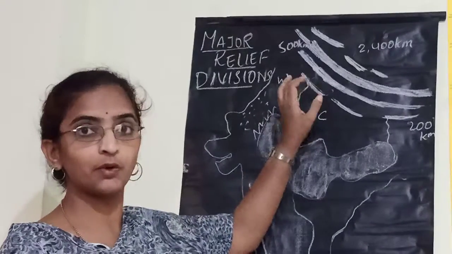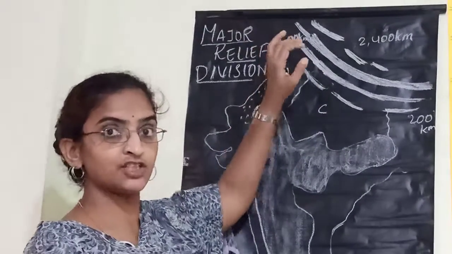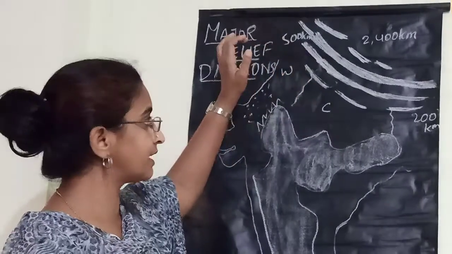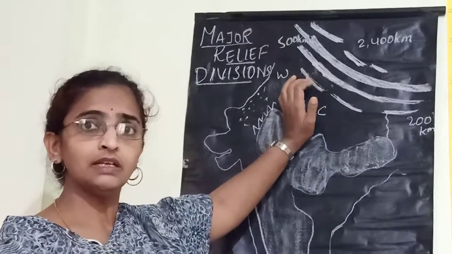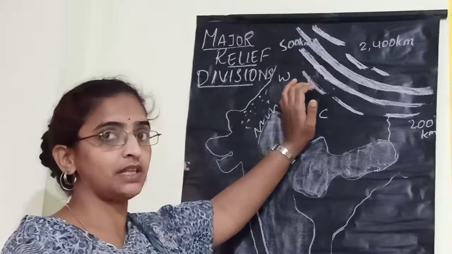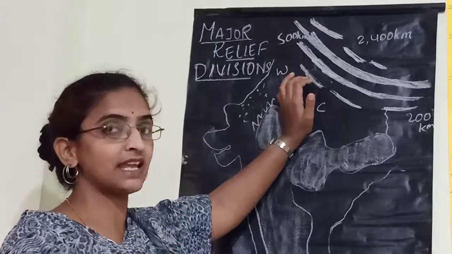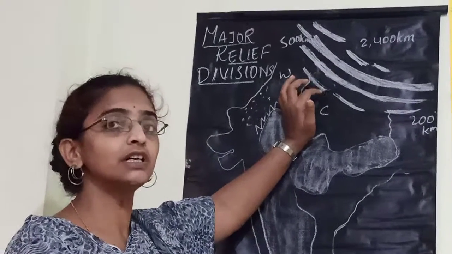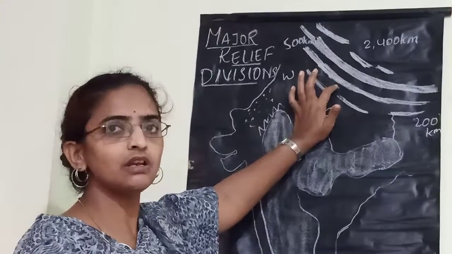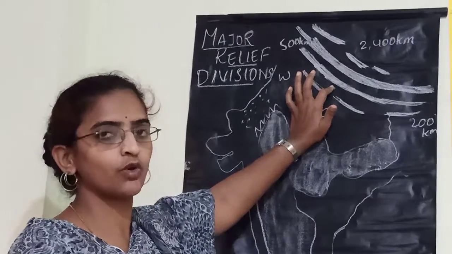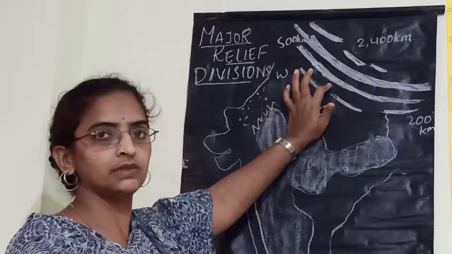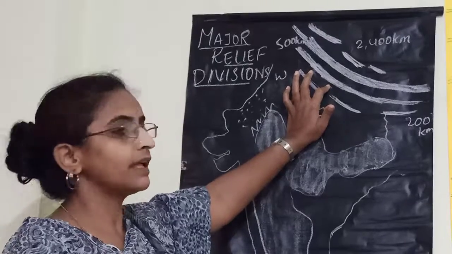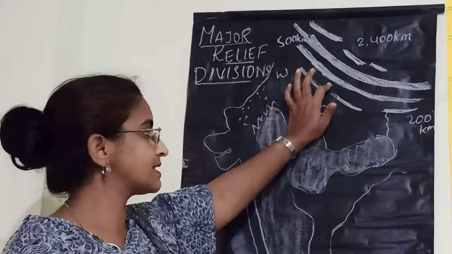When I am saying Himachal and Shimla, you know which state has Shimla as its capital? Yes, that is Himachal Pradesh. So the state Himachal Pradesh has been named after these Himachal ranges. Shimla is one of the very well known hill stations, and Nainital is also one of the hill stations.